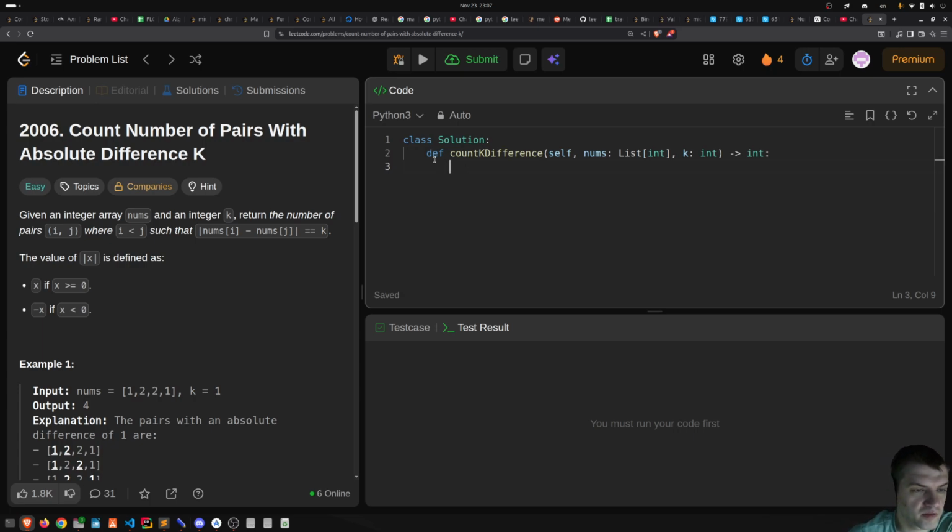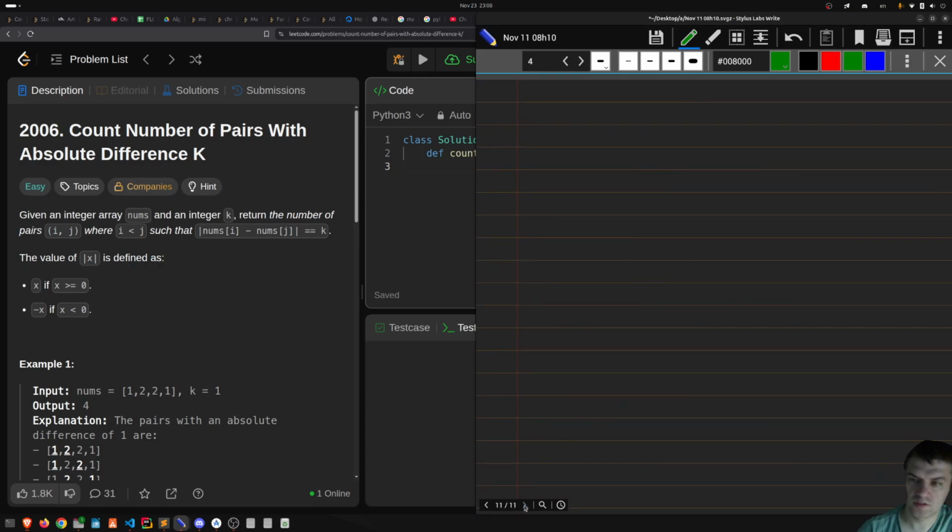Return the number of pairs i, j where i is less than j such that... So let's assume we got this array 1 2 2 1, and then k is equal to 1. So I need to calculate the number of pairs